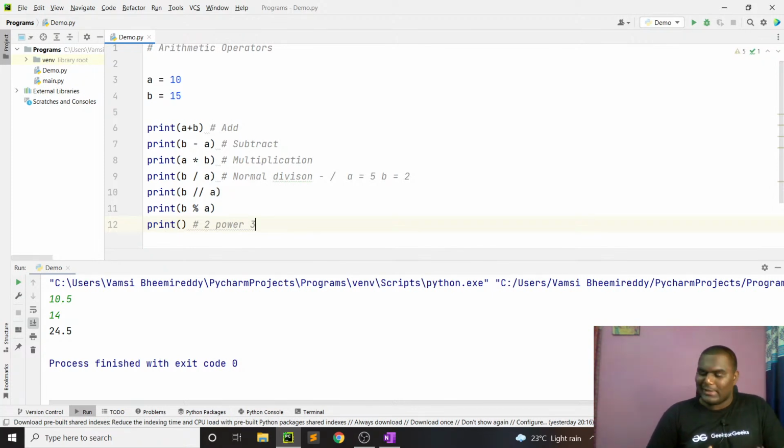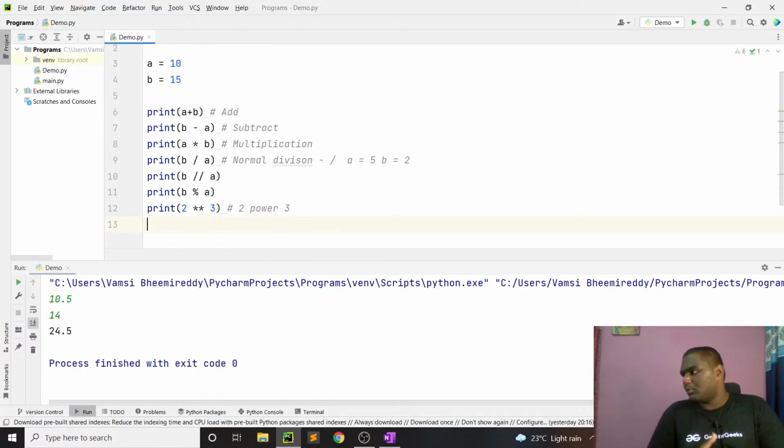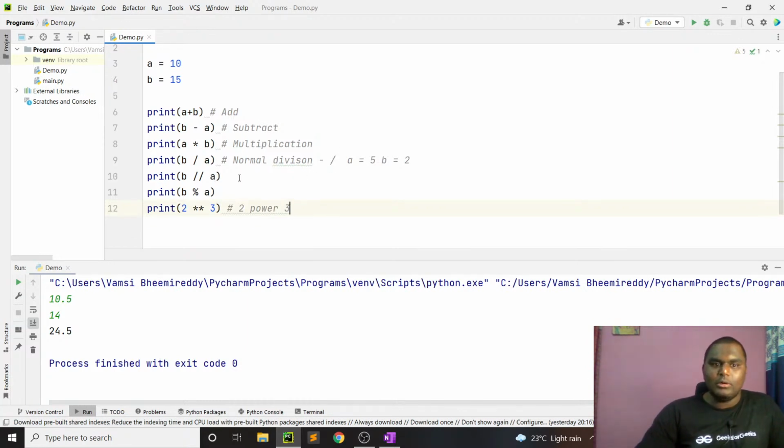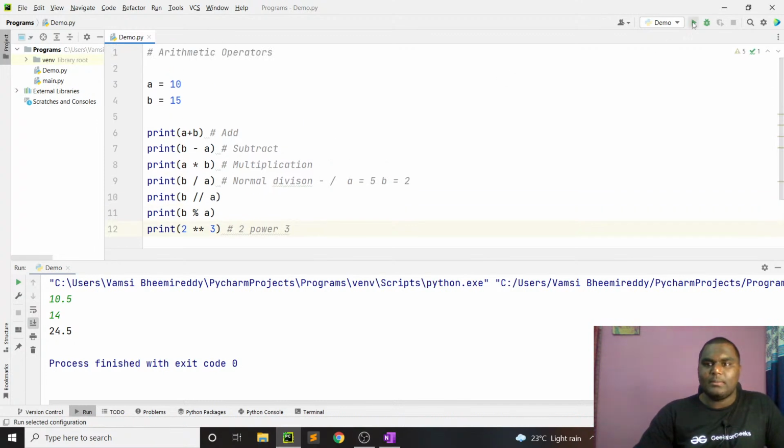But in Python it's very simple. They came up with a new operator. If you wanted to compute 2 power 3, then you can mention 2, two multiplication symbols, then 3. That is going to give the 2 power 3 output. Done. So these are all the arithmetic operators. So if I execute this,